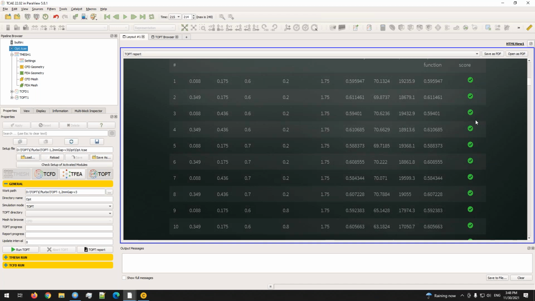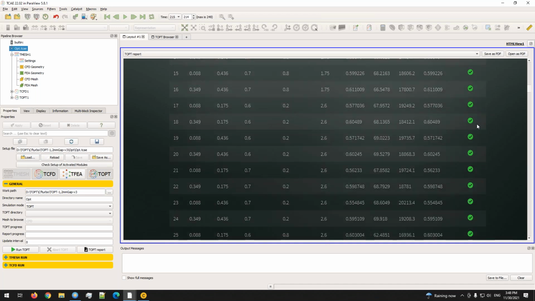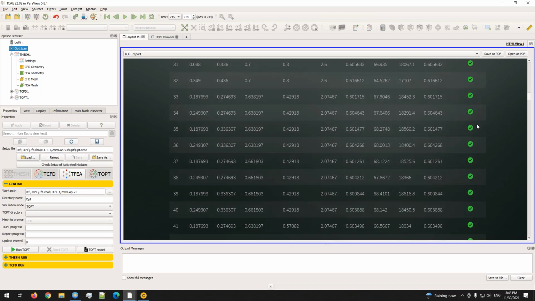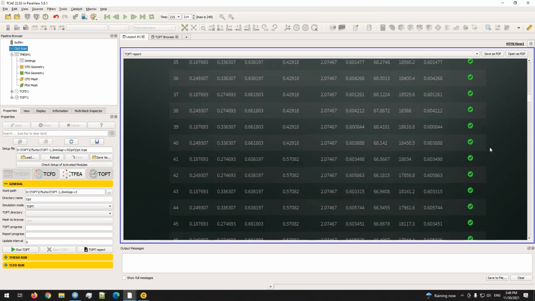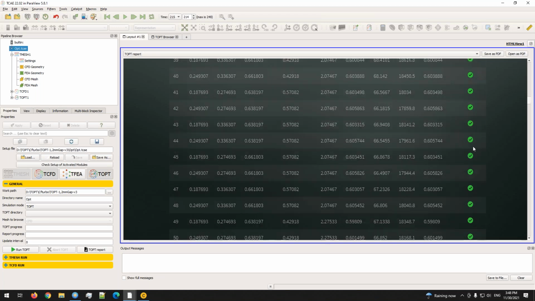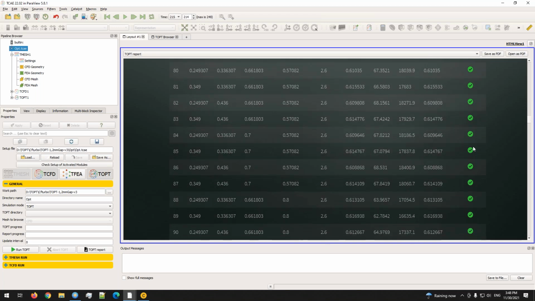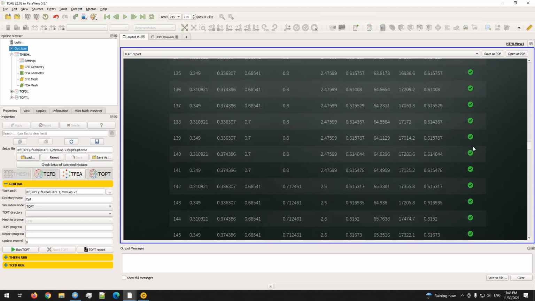So there are some basic parameters, like if the residuals are good, if the flow rate is not oscillating too much at the inlet and at the outlet, and other parameters, which will give you a first sign of the simulation. So there is a big table of all the variants,